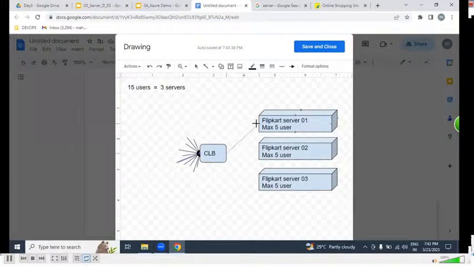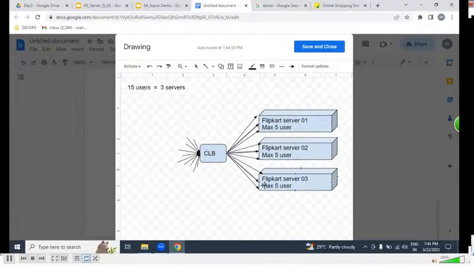The first request goes to the first server. The second request goes to the second server. The third request goes to the third server. Again, the fourth comes to the first one. Fifth, sixth, 7, 8, 9, 10, 11, 12, 13,